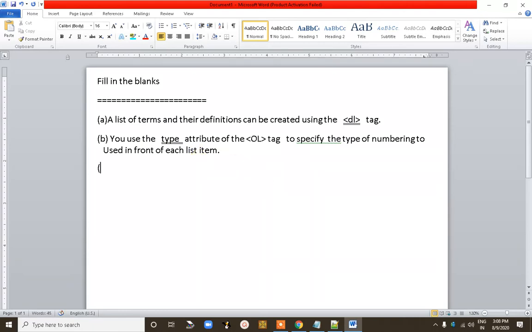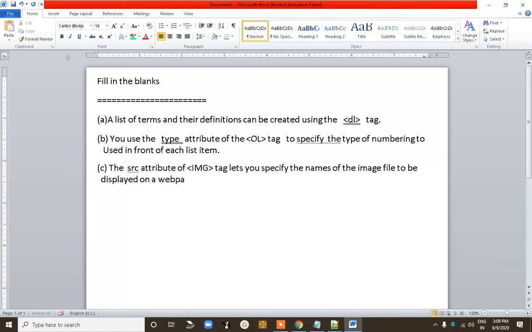Now come to question number C. The SRC attribute, meaning source attribute, of the img tag lets you specify the name of the image file to be displayed on a web page.